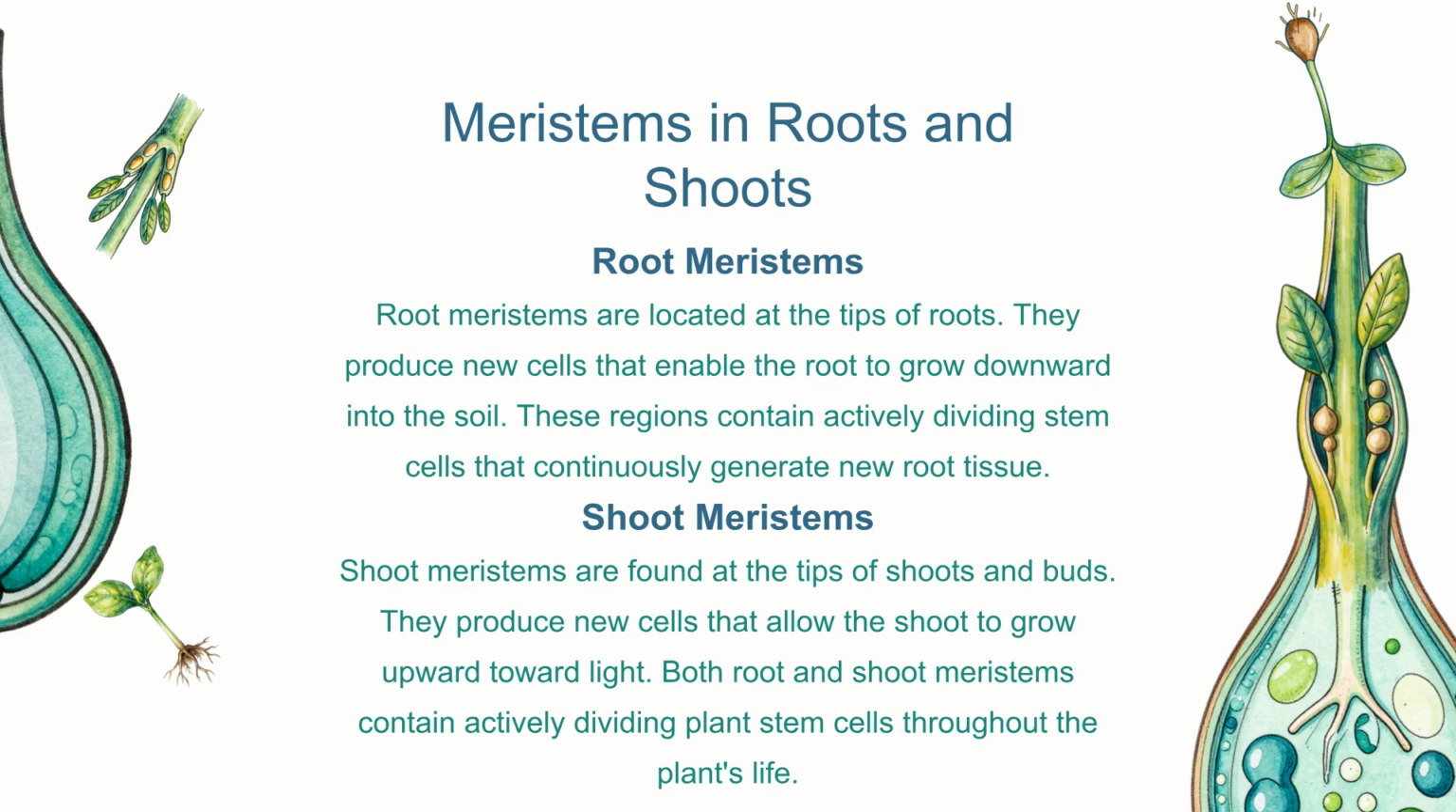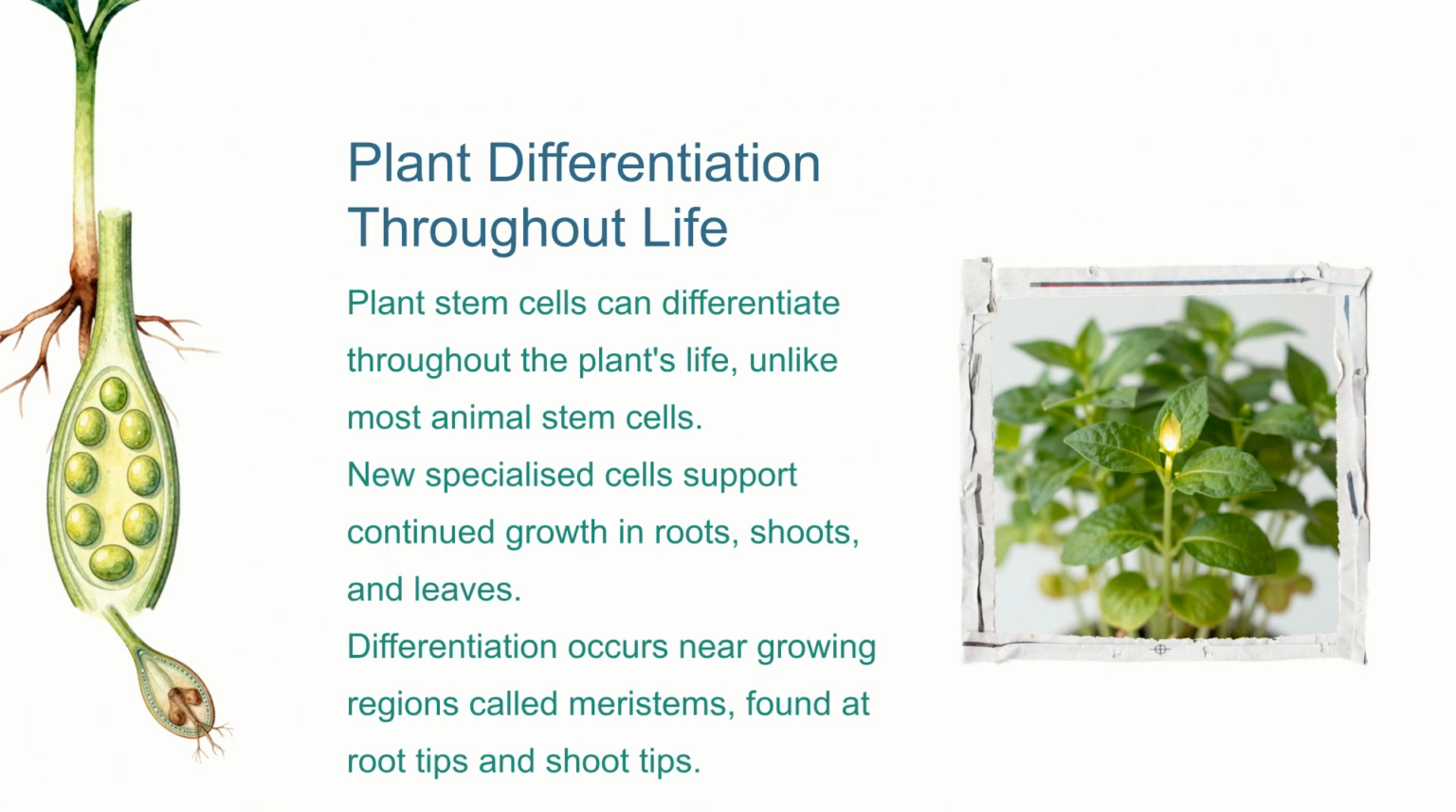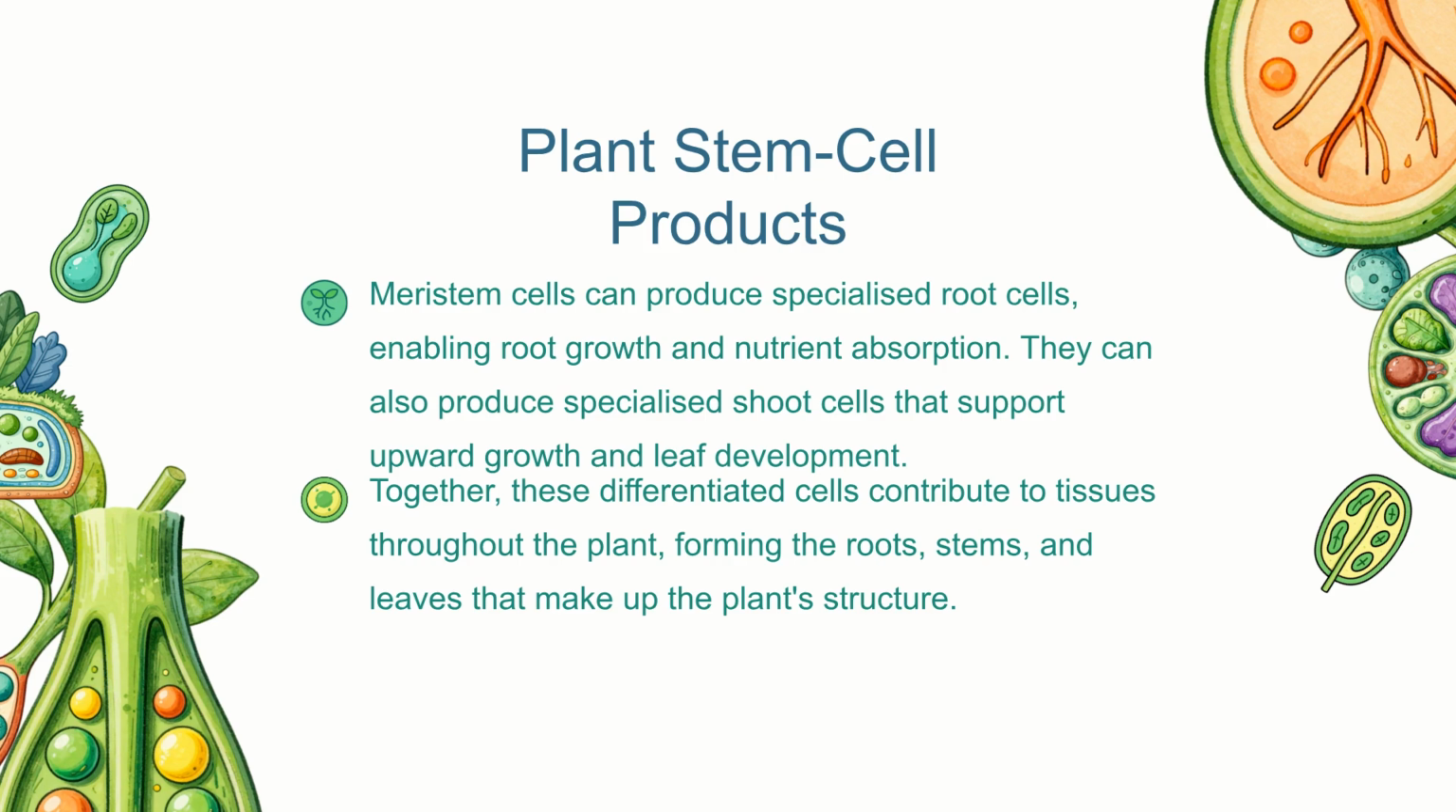In both locations, actively dividing cells continuously generate the new tissue a plant needs. A unique feature of plants is that their stem cells can differentiate throughout the entire life of the plant. Unlike most animal stem cells, which lose this ability early on, these meristem cells act as a source for all specialized plant structures. They produce cells for roots, stems, and leaves, ensuring the plant can develop and function effectively as